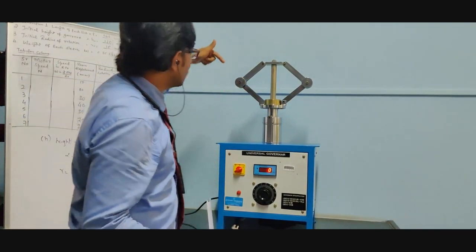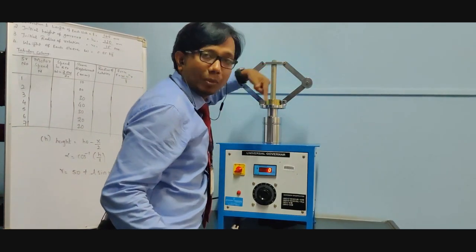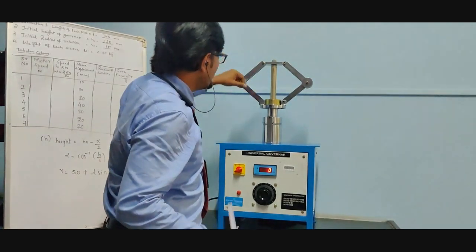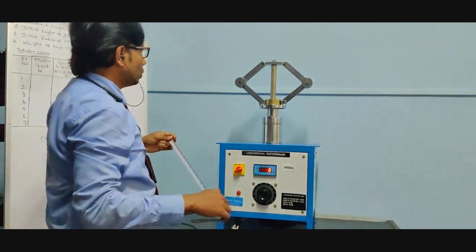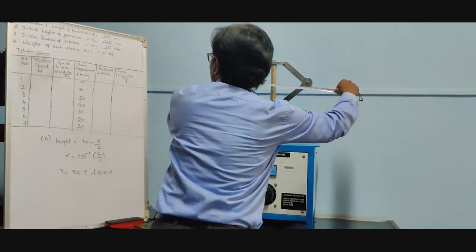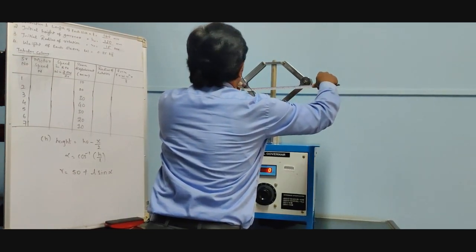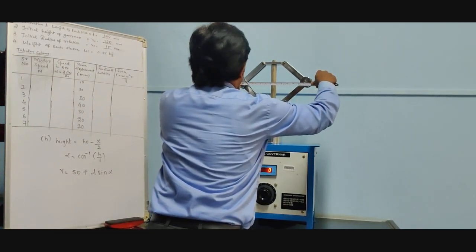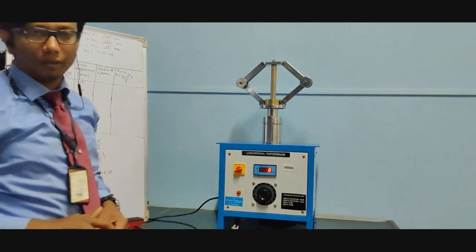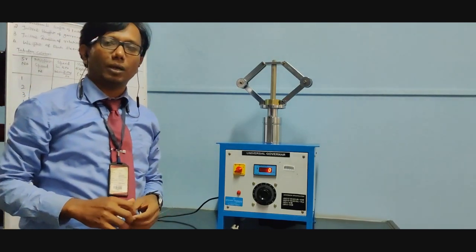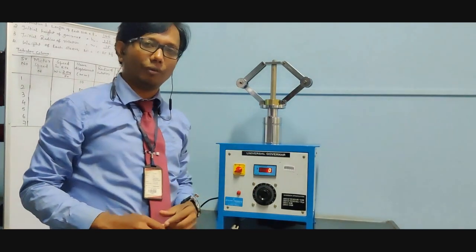Radius of rotation, if I see it from the top side, in this particular case will be a diametrical rotation. If I take it from the center, that will be the radius of rotation. So you have to calculate the initial radius of rotation. When it is in the off condition, I will take it from center to center. If I take it from center to center, it will be 30 centimeter. So the diameter is 30 centimeter, half the diameter will be the radius, so we have taken it as 15 centimeter.